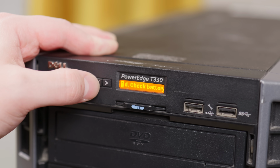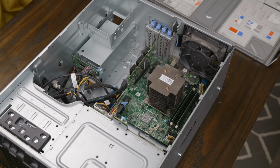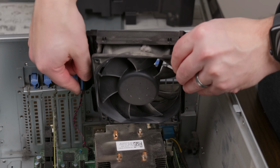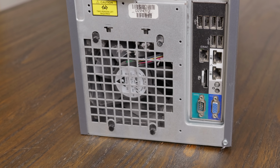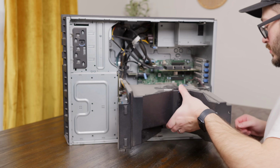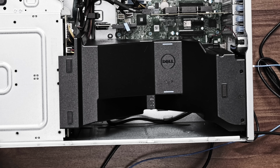I started taking everything apart to be able to clean the system up a bit, but this is also a good chance to look at some of the internals. One of the first things you might notice when opening this up is the cooling solution, which is actually just a single fan. Well, unless you include the fans in the power supplies, but other than that, there's just this one fan that pulls air through the front drive bays, and then through the CPU cooler via this plastic air guide. It seems to do a pretty good job, although, well, as you'll see shortly, it does get a bit...